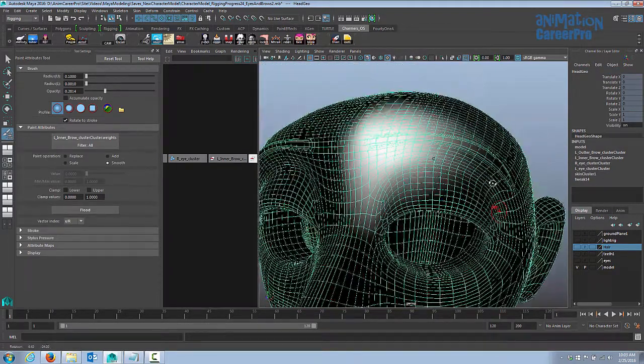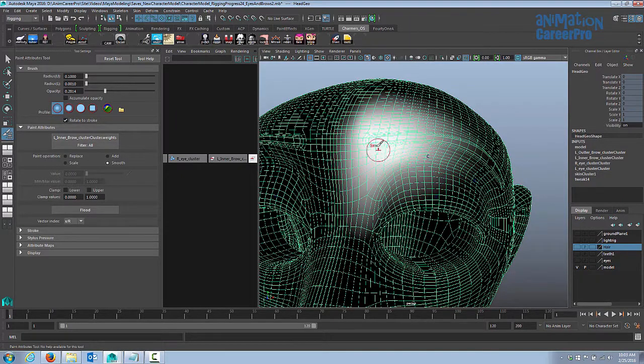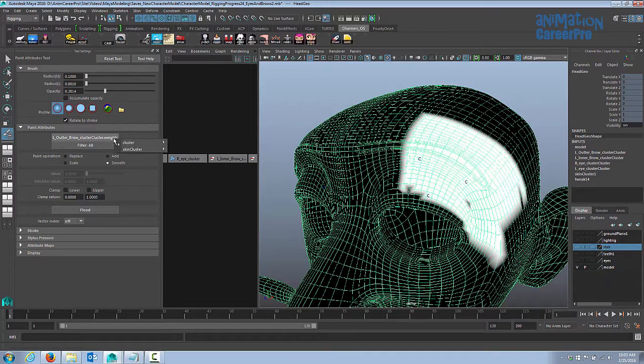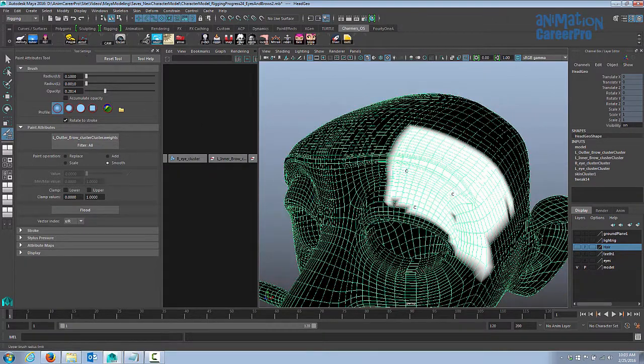You can see how our inner brow cluster ended up looking with the weights. Very heavy in the area where we want it to move the most, and then it just sort of degrades out. So we'll do the same thing with the outer brow. Let's actually try and get it like that right off the bat. So we'll select that outer brow, and let's do our best to get it as close as possible, and then we'll flood smooth the area.